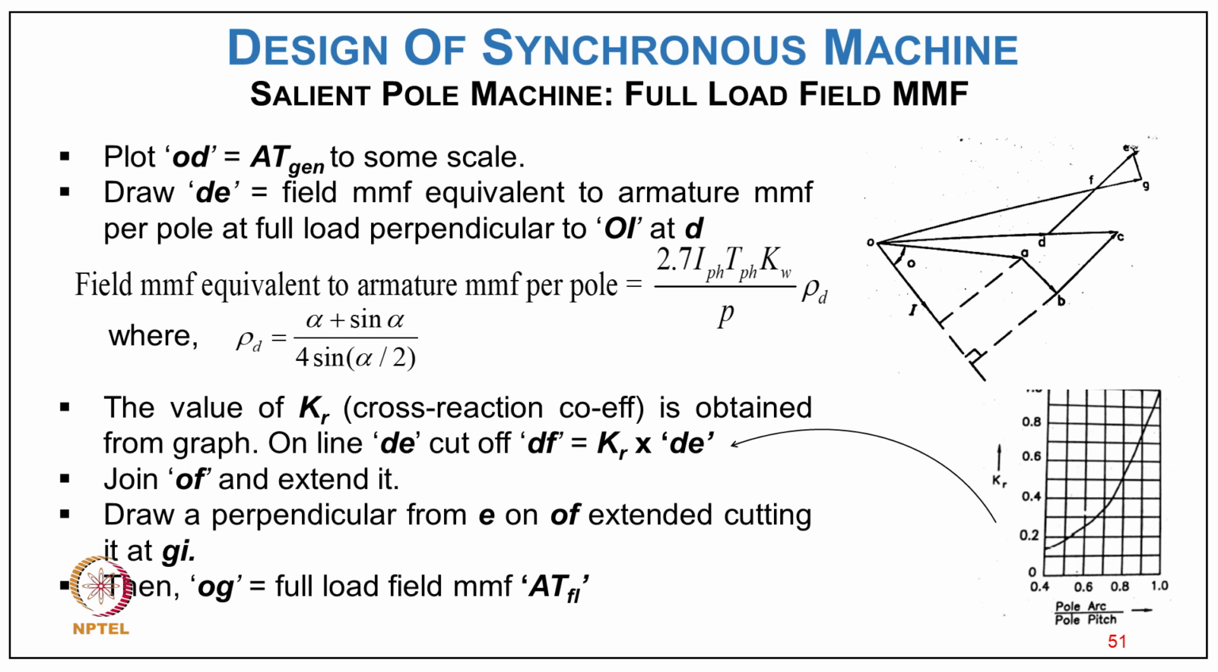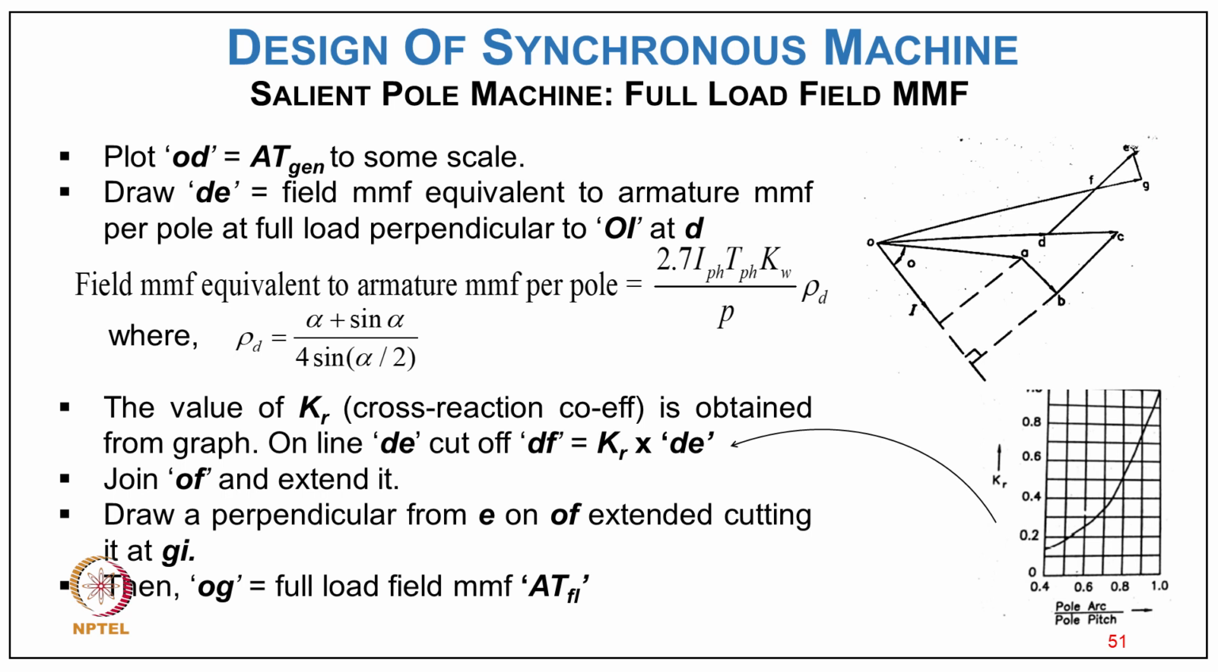Now plot OD to some scale and then DE, the field MMF equivalent to the armature MMF per pole at full load, perpendicular to OI at D. The field MMF equivalent to armature MMF per pole is 2.7 I_ph T_ph K_w upon P into rho_d, where rho_d is alpha plus sine alpha divided by 4 sine alpha by 2. The value of the cross coefficient K_r is obtained from the graph. On line DE cut off DF equal to K_r into DE. You can get K_r from this characteristic, which varies with the pole to pole pitch ratio. Join OF